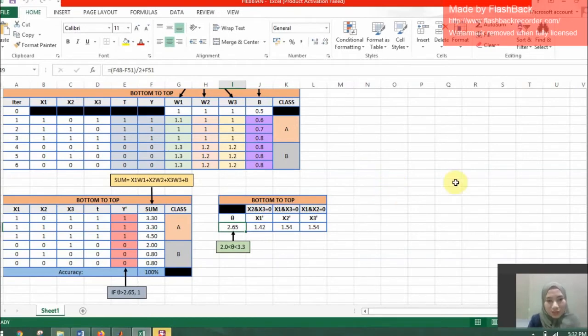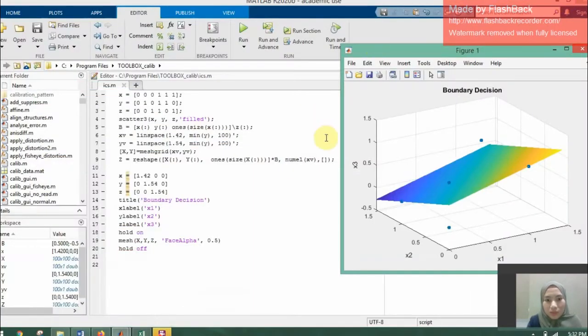Okay, then after we calculate the x1 bar, x2 bar and x3 bar, this is the boundary decision 3D scatter plot. So we want to create a 3D plot. This is the coding of the 3D plot. Firstly, this is the input of this process. However, we must comment out the scatter tree X, Y and Z in fillet. So fillet is this one,